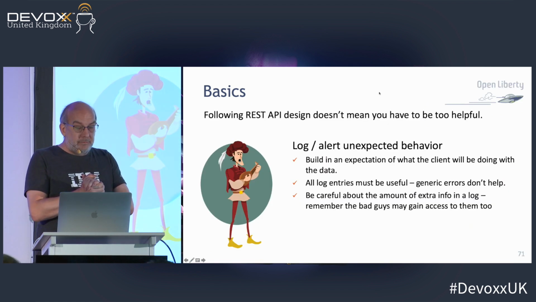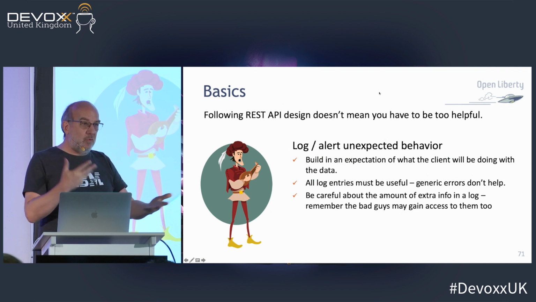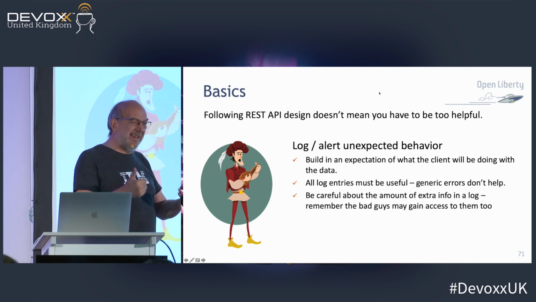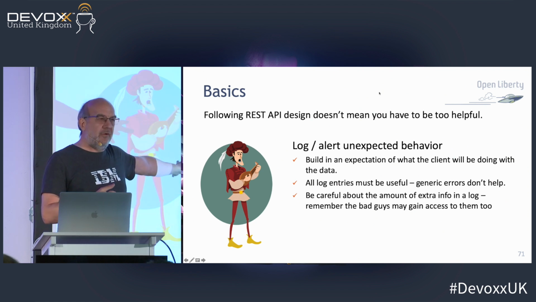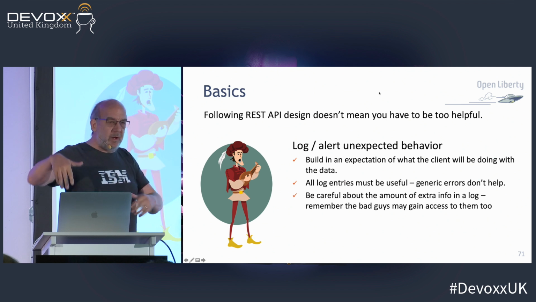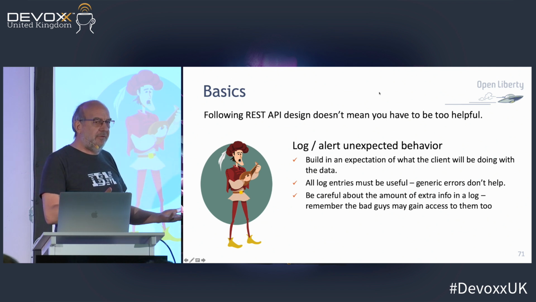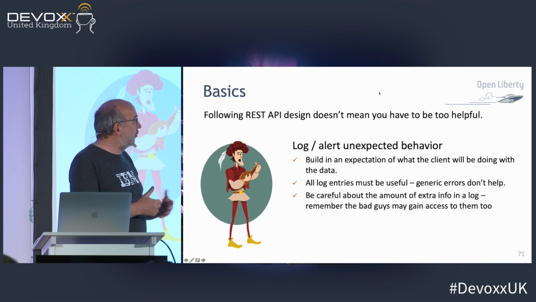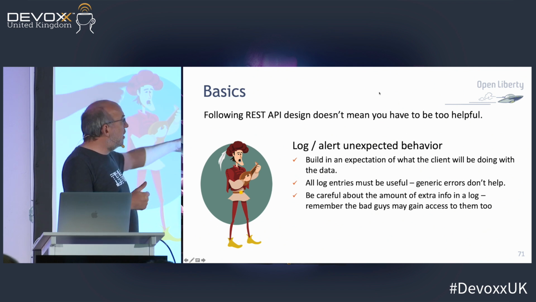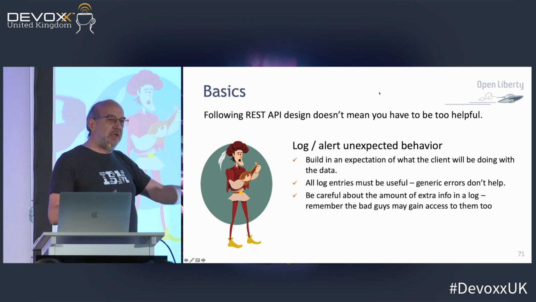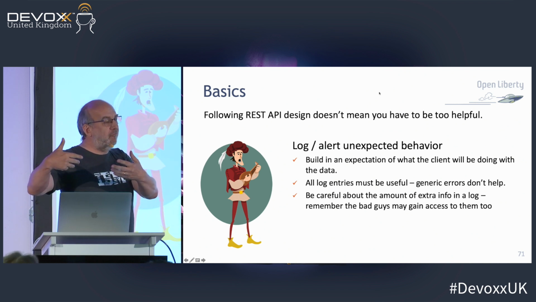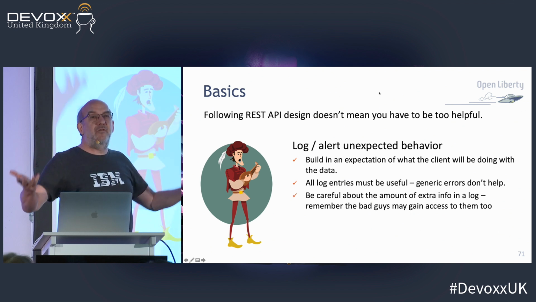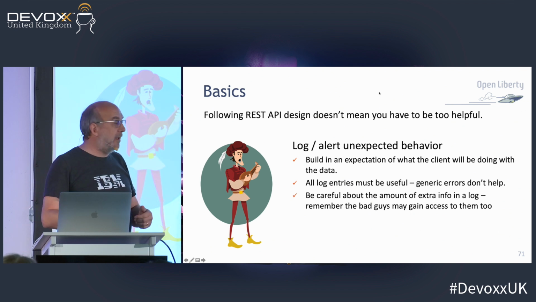And we don't log very much, so you need to also say that when things aren't exactly as you expected, you should be logging. This is all REST stuff. HATEOAS is the next level, and we'll talk about that in a sec. But think about this as just basic REST design thinking: how do I make it more secure? Think about what you expect the client to be doing, and is the client's request valid and valuable and reasonable at this point? Not whatever they ask, if it passes my filter, it's in.